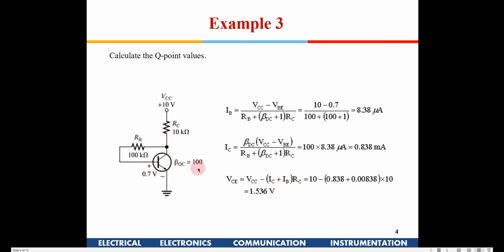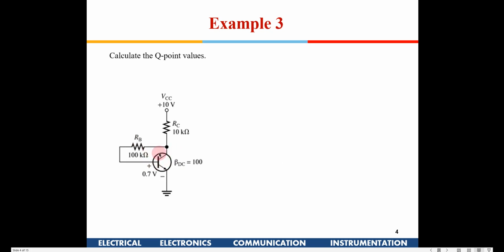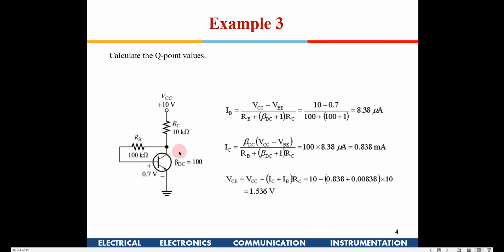So this is another kind of biasing. This is known as the feedback biasing. In this we said that this is slightly more stable than the previous biasing which we saw here. This is slightly better because it has a negative feedback kind of thing. Whenever VBE decreases because of an increase in temperature, there will be a current increase, but that increase in current will result in more drop across RC, and hence it will decrease the current IB. So there is no thermal runaway in this particular diagram, which we learned in the theory class.